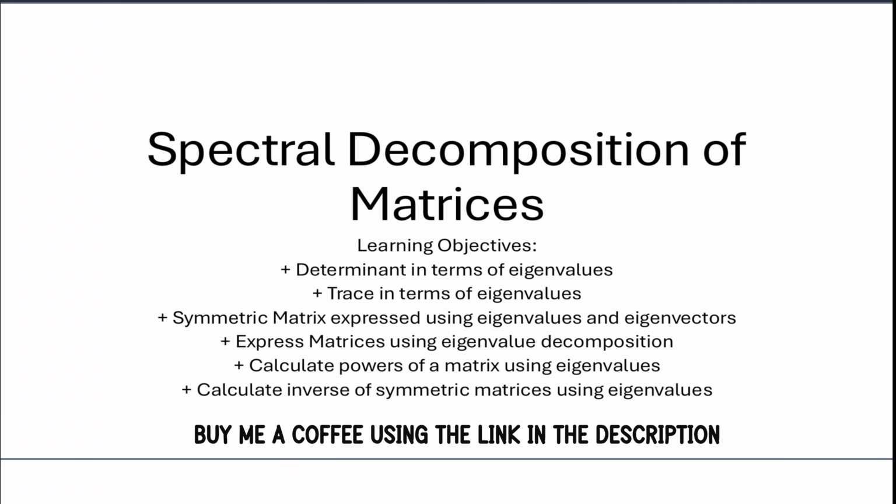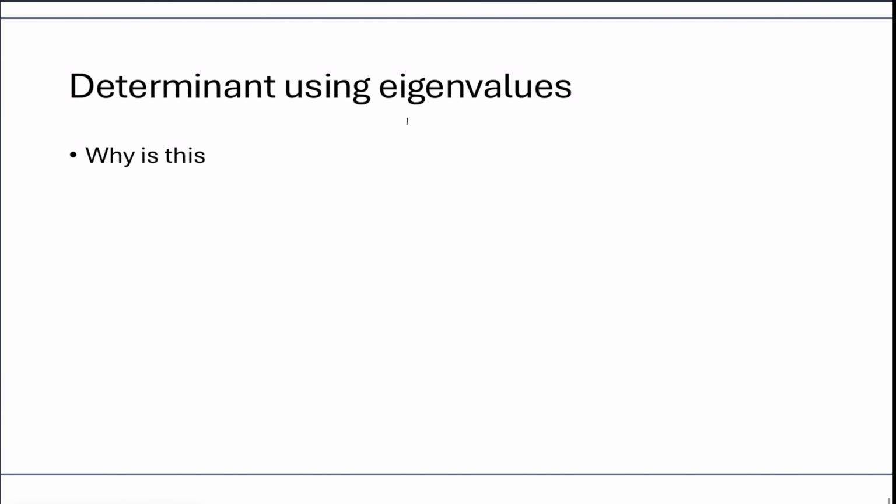Today we are going to be looking at spectral decomposition of matrices. We've got quite a few learning outcomes, and we are going to begin by looking at the determinant of a matrix in terms of its eigenvalues. So the determinant of a matrix is equal to the eigenvalues of the matrix